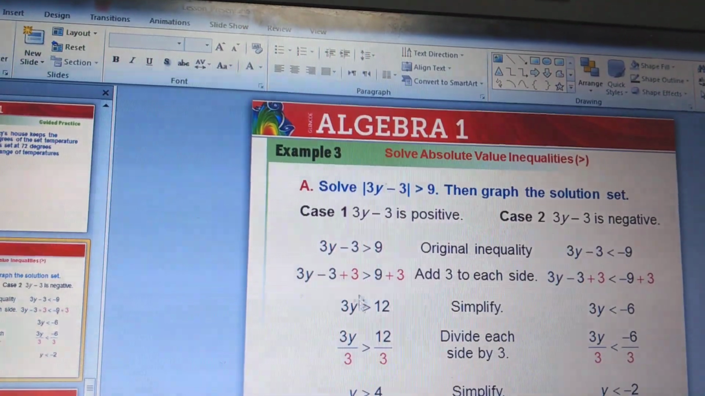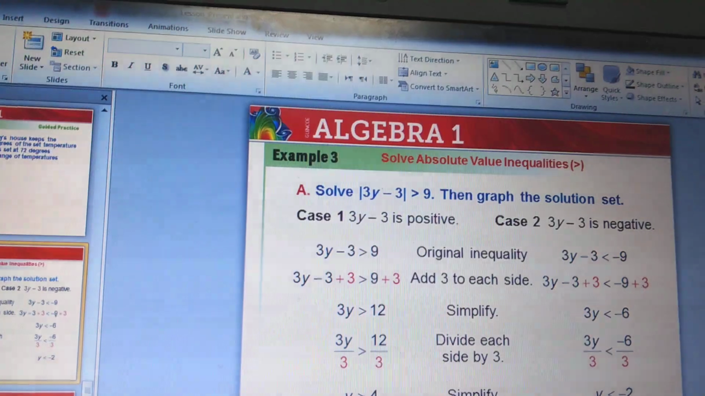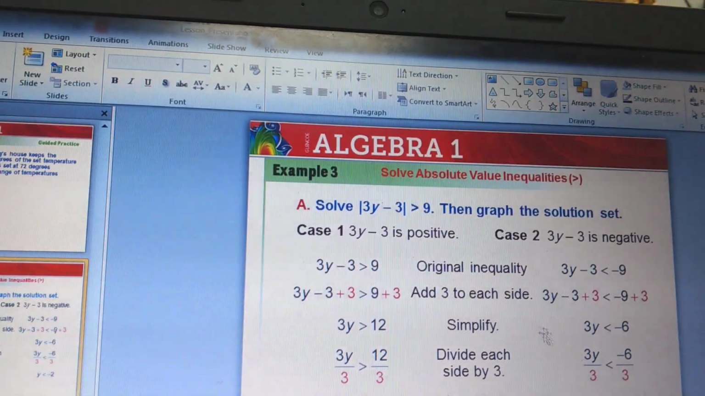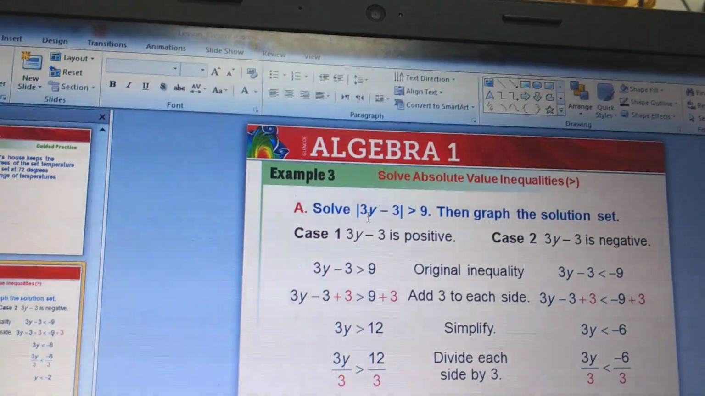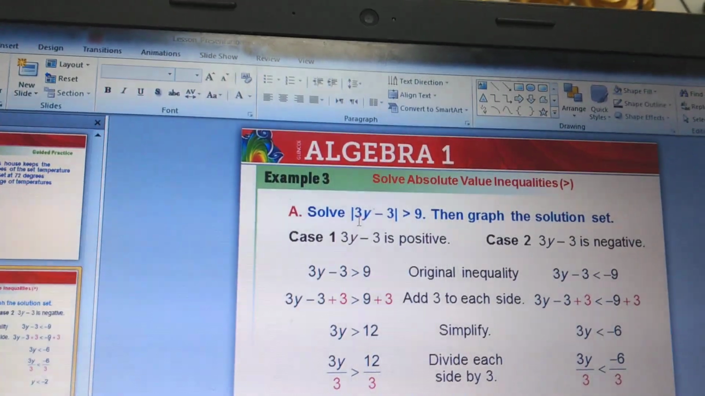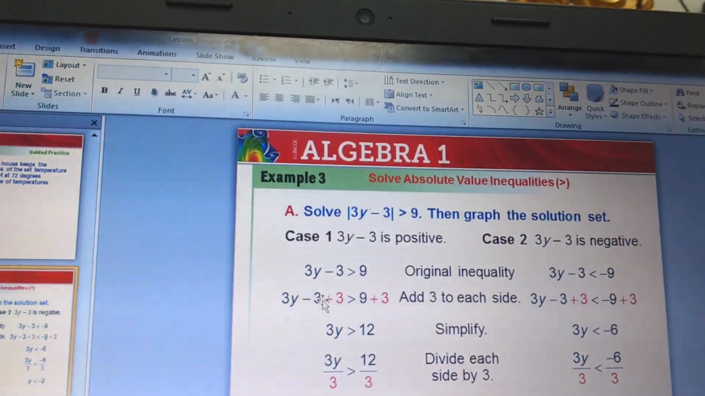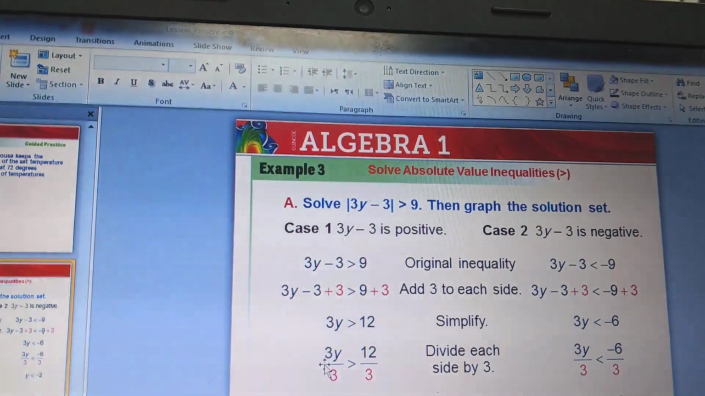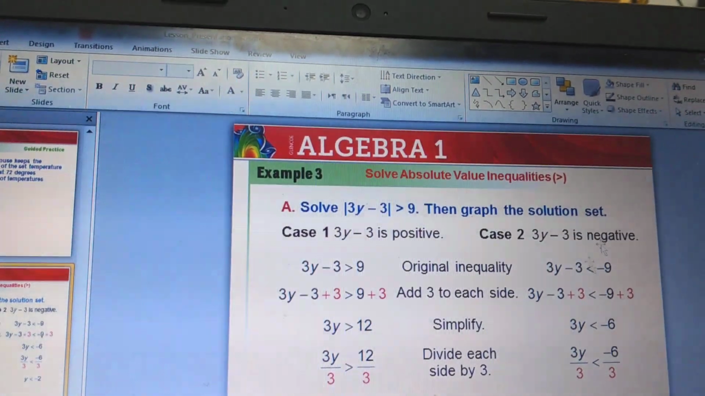Then you solve. Here you will get y more or equal 4, y less than negative 2. Again, here what did you do? Only he multiplied the variable by number. Here after you make addition, you must make division. You see here, plus 3 plus 3, 3y more than 12, divide 3, y more than 4, and here the